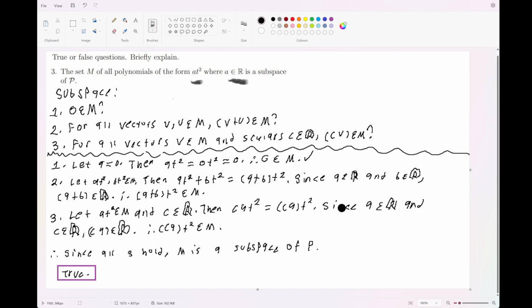is holding. So since A is an element of R and C is an element of R, CA will also be an element of R. That's just another property of multiplication. Therefore, this will be an element of M. And so since all three hold, M is a subspace of P. There we go. All right, next